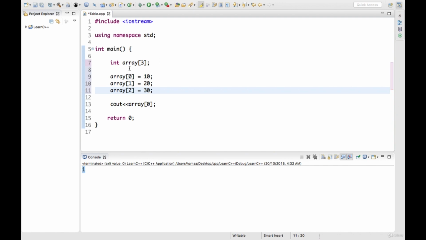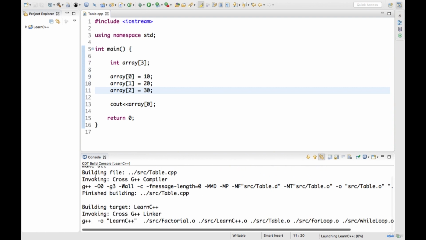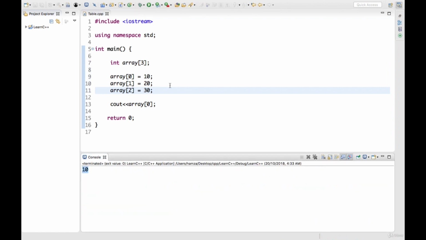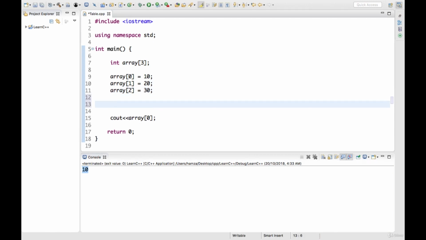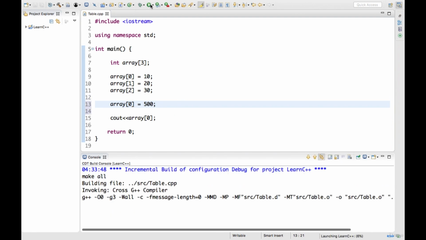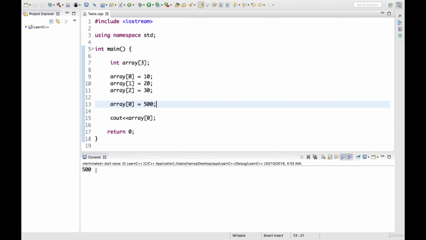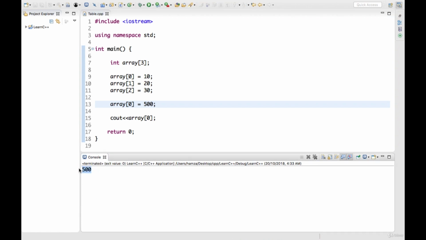Now if I run this again, it will print 10 here because 10 is on index 0. We can also update values after adding those. On index 0 I have added 10, and if I add another value on index 0, let's say 500, it will update that value. When I run this again, as you can see, it printed 500. So it updated the value at index 0. So this was the array